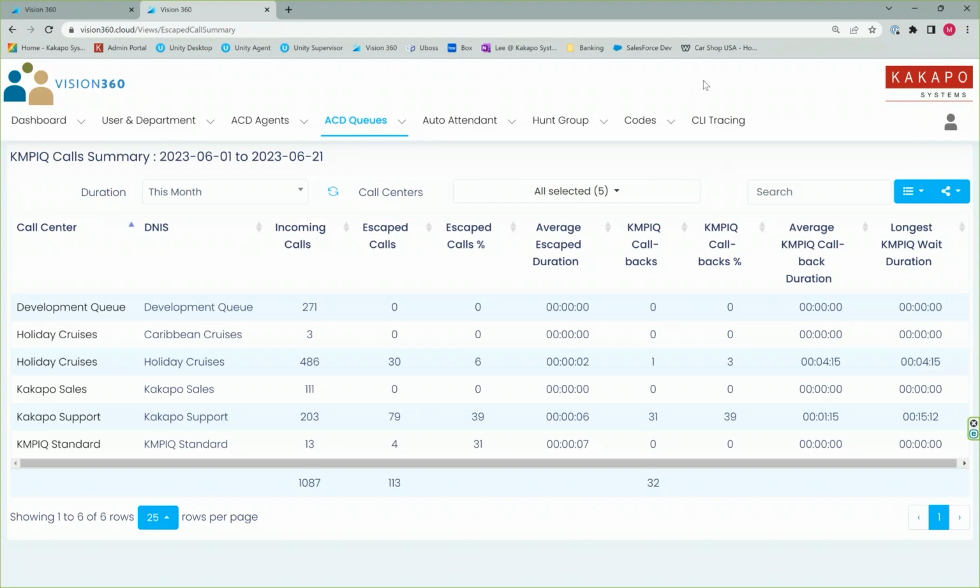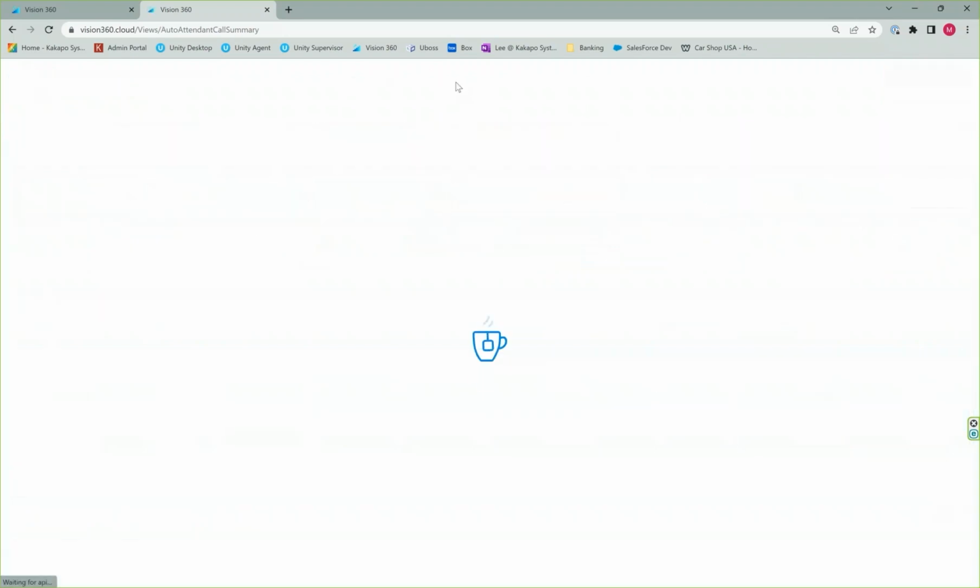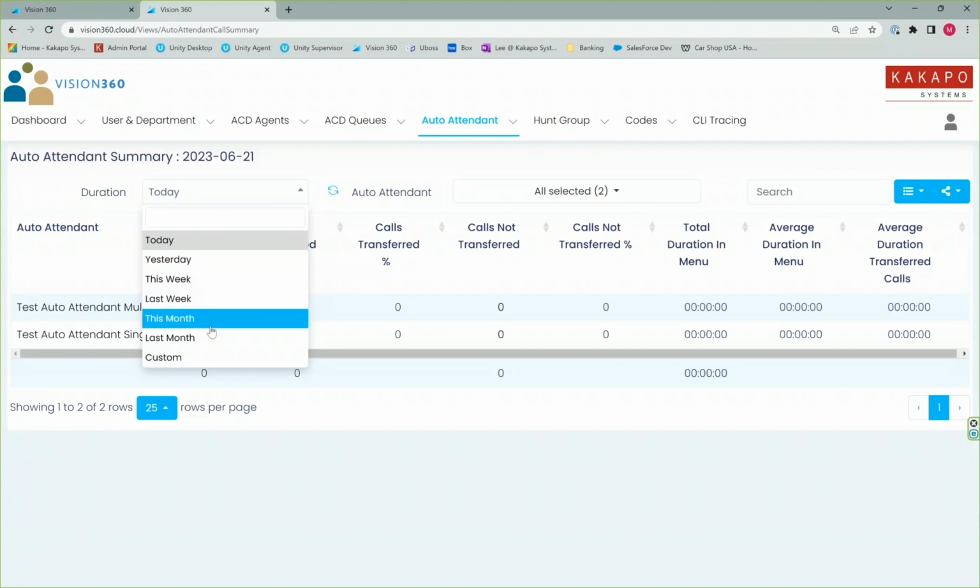Now, there are a few other things that I wanted to go over. I mentioned that we've been adding additional things that weren't available in ECCR reporting, such as being able to report on non-call center cases and non-call center stats as well. For that, we've added our auto attendant and hunt group reports as well as some of our user and department reports. So for your auto attendant summary, for instance, this is just going to tell you, and let me increase the time frame here,